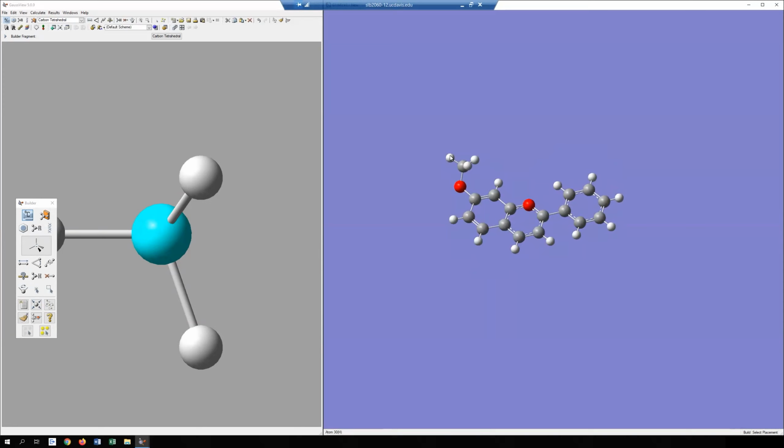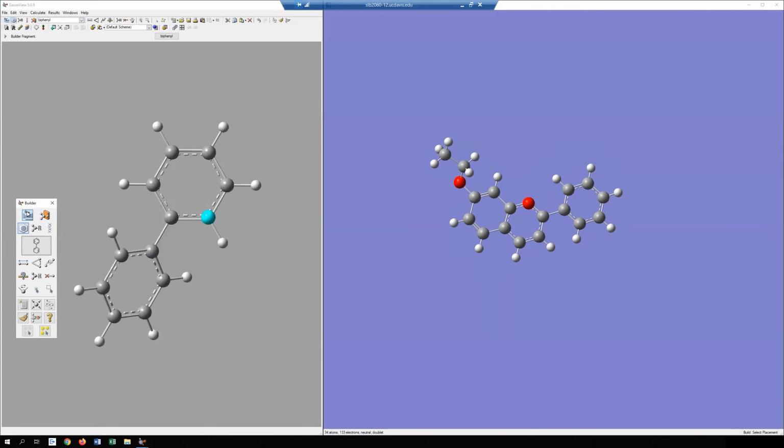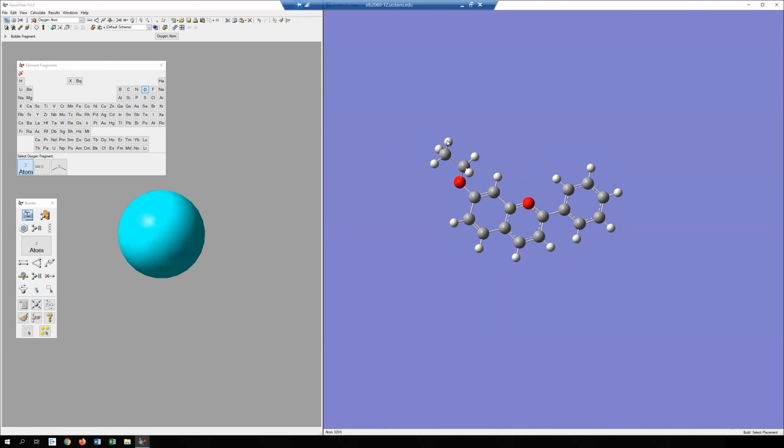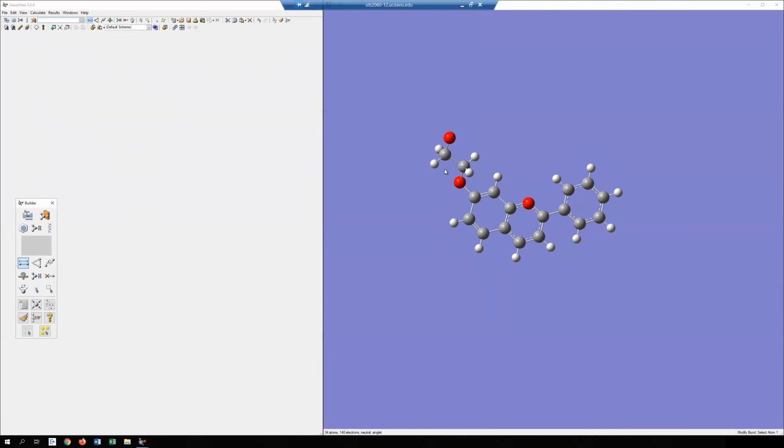Okay, and then I need another carbon here with a carbonyl coming off of it. So I will do that here, make that into a double bond,